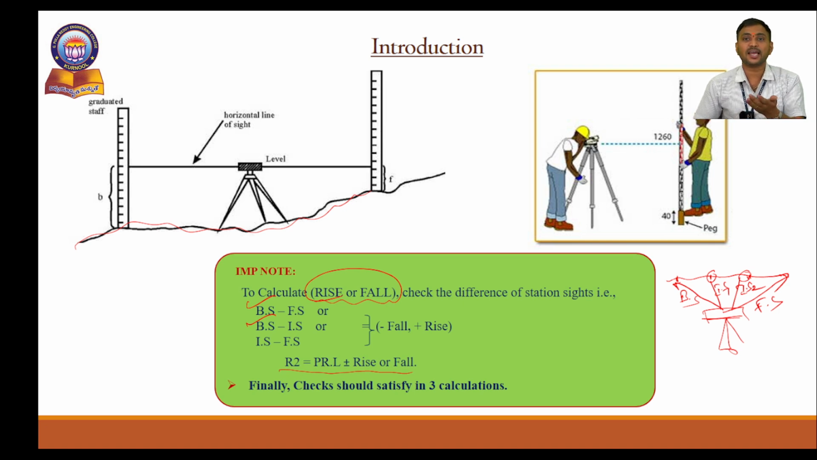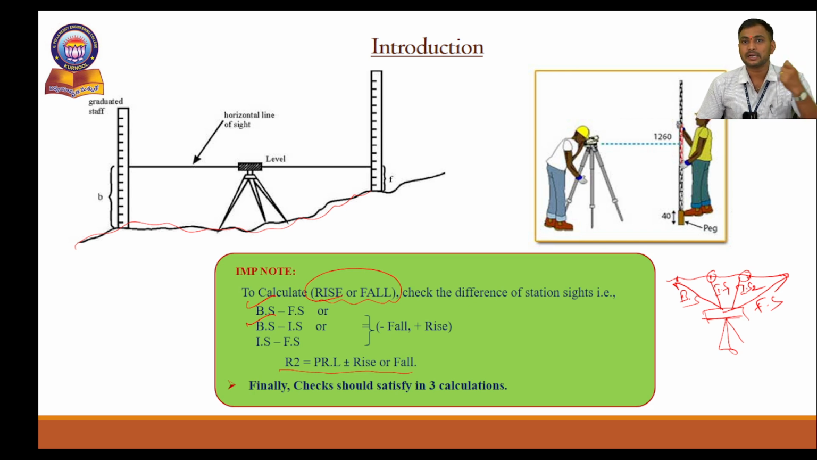If the value is in rise, we have to provide plus. If the value is in fall, we have to do minus. Reduced level, where will we get that reduced level? Nothing but the benchmark value. It is a permanent and fixed point. Mostly near railway stations we will also get that benchmark value. So from that benchmark, the benchmark value is 100